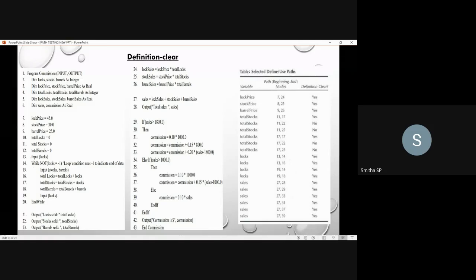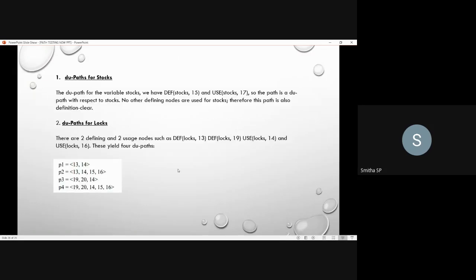So the 13th and 19th are the defined nodes, and the usage node is the 16th here. You will come across 4 DU paths here. From the 13th node, whatever you have defined, you will be using it in the 14th node. Then from the 13th node, whatever you have defined, you will be using it in the 16th node. If you remember this program, you can easily grasp it.